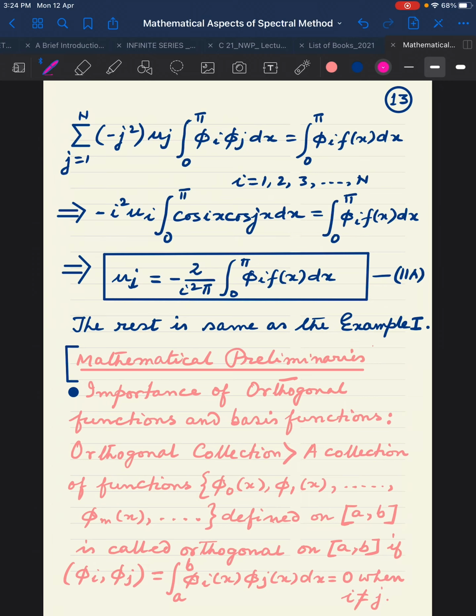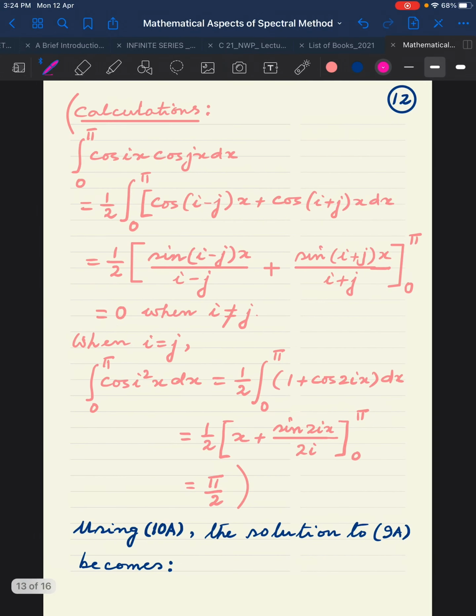Whatever you want to show, the calculations, etc., in detail, that is same as example 1, but still I did the calculations here. Since it is not a live class, I could have asked you in the class to do the calculations, but since it is not a live class, that is the problem. Anyway, you look at the calculations.